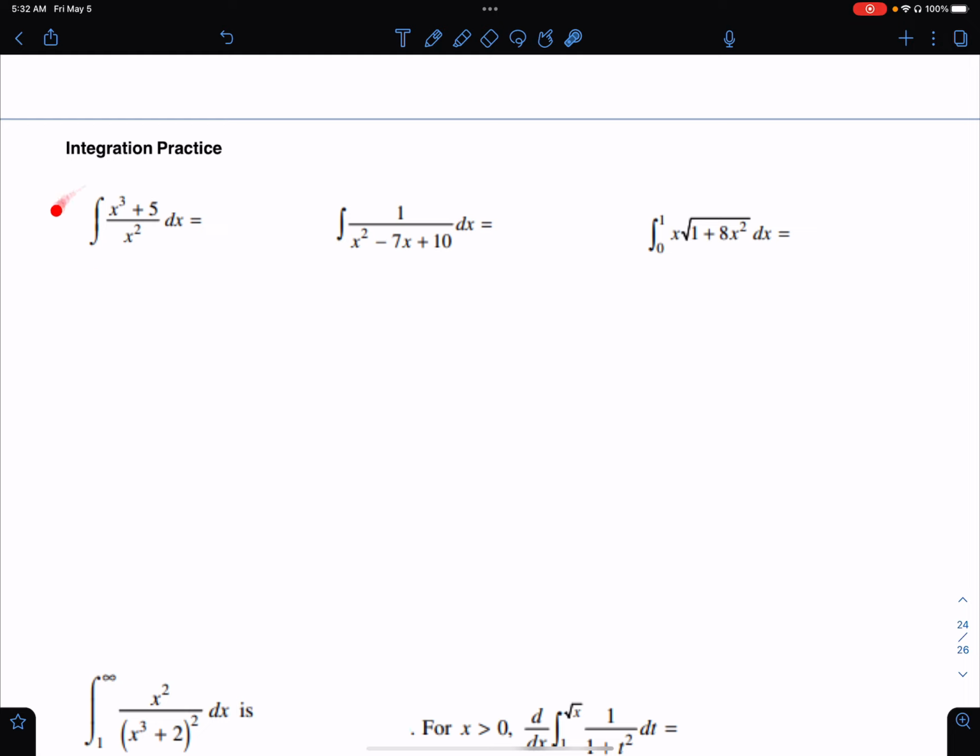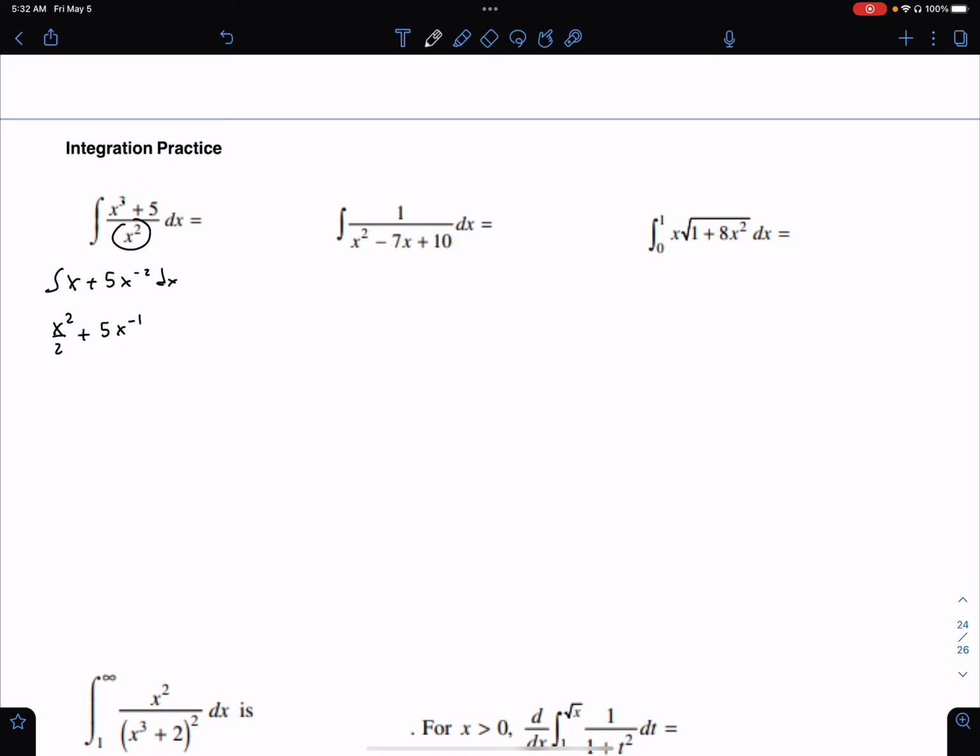For part one, for example number one, here we are to integrate x cubed plus 5 over x squared. Now, this should be a pretty easy one. There are a couple ways. I can divide because the top is bigger than the bottom, but I can also recognize that the bottom here is a single term, so it's probably easier just to split the fraction, like so. And when we integrate, x becomes, of course, x squared over 2, plus